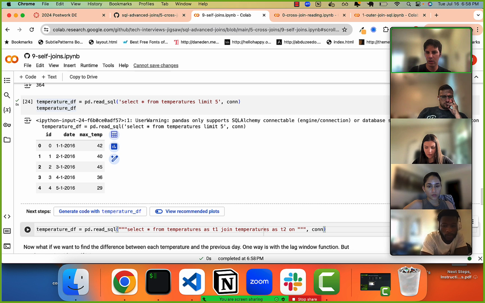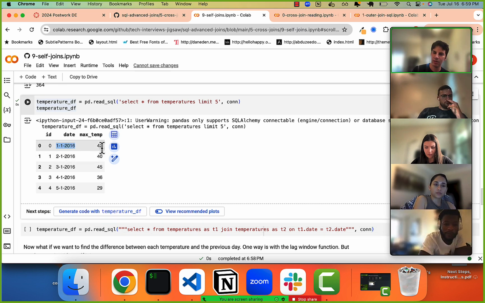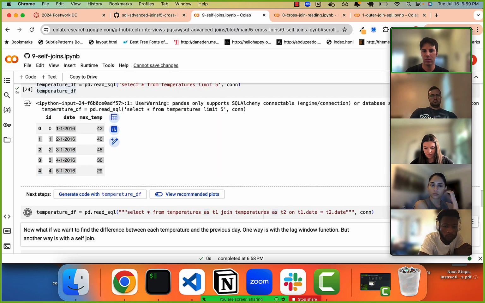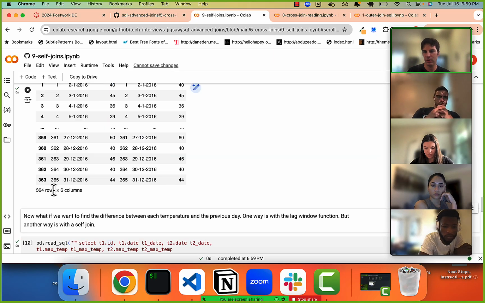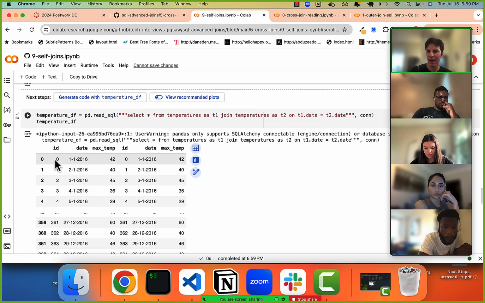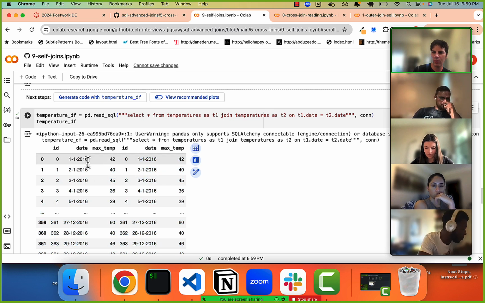If we do T1 dot date equals T2 dot date, this is basically going to join the same rows, just duplicate this data across. Let's just see that for now. So you can see we have the same exact data joined on itself, but we don't want to do that. We want to actually have